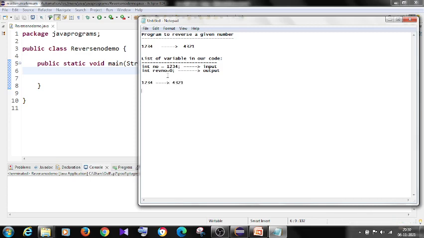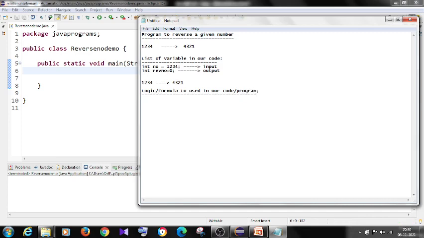See, if I want to reverse 1 2 3 4 into 4 3 2 1, what logic or formula do I have to use in our code or program?